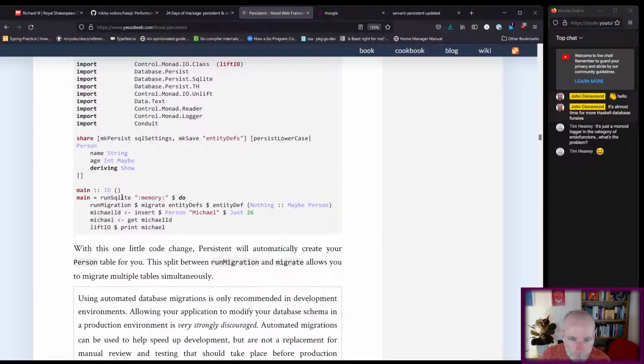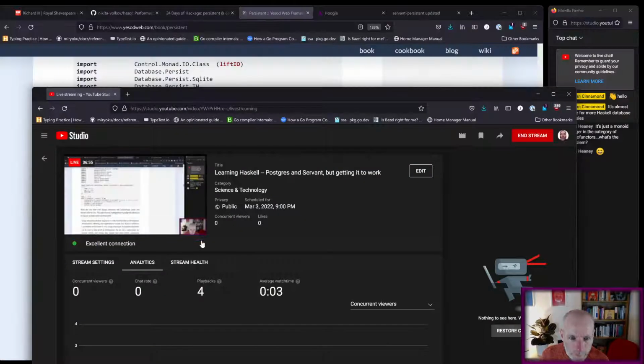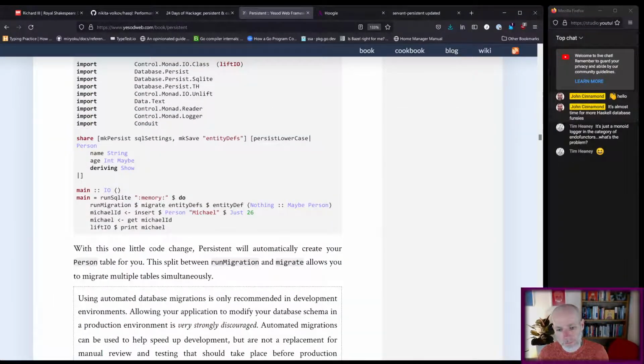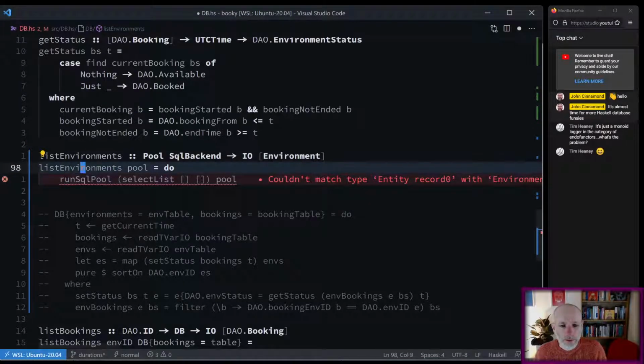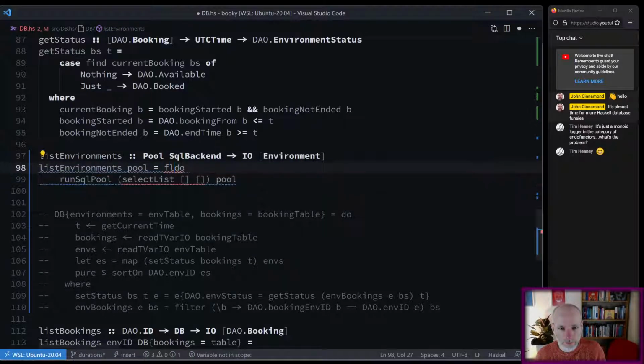My command is run connection pool. Can I move this and say something like let run SQL pool